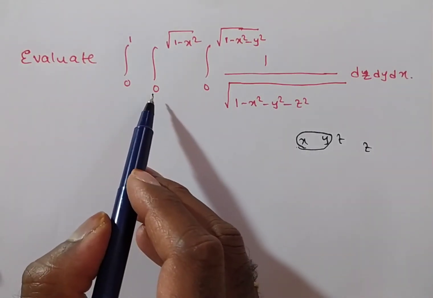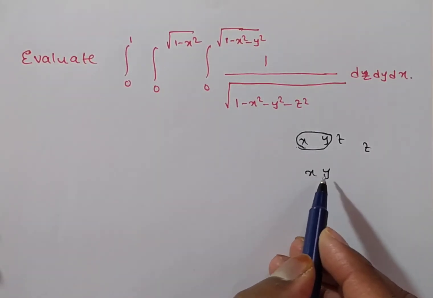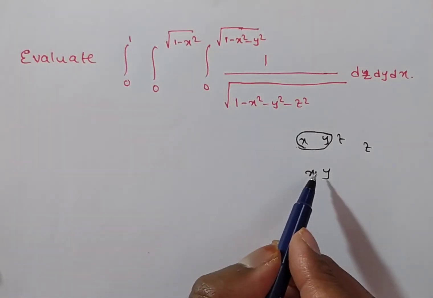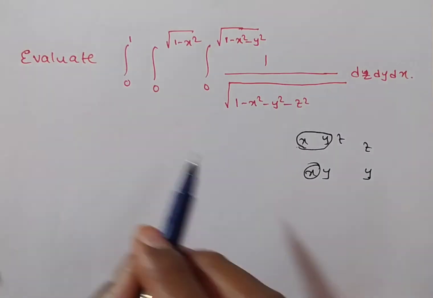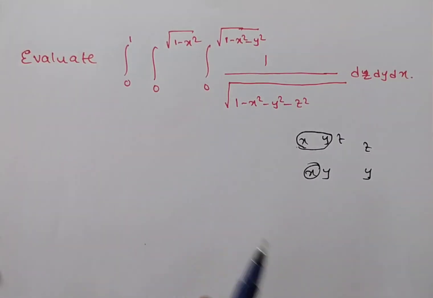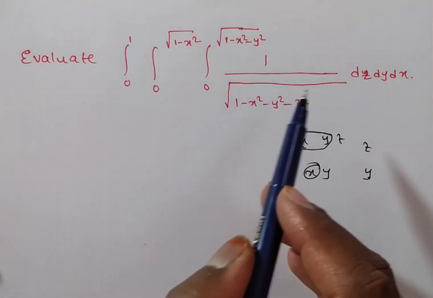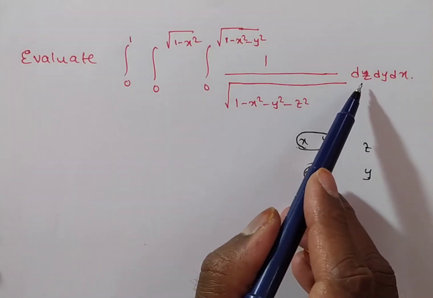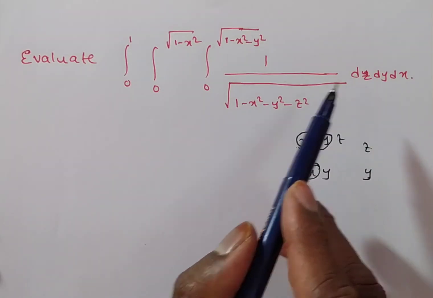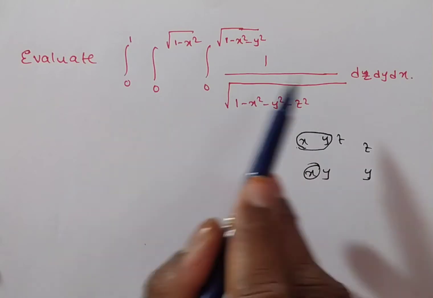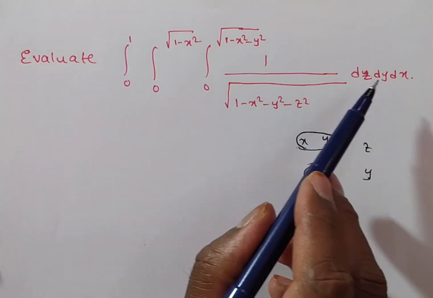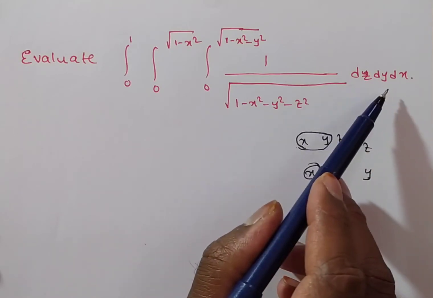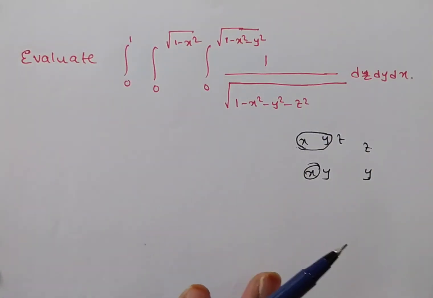Next, the second one has the remaining terms x comma y. The second one is a function of x, so round it up. Then the remaining term is y, so this is the limit for y. Next, the remaining term is x. Like that you have to remember. Otherwise, generally they give the first one as the one you integrate with respect to z. So this is the z limit, this is the y limit, this is the x limit. If someone mistakenly gives dx, dy, dz, you should not get confused. Go through this and you will get a clear picture.